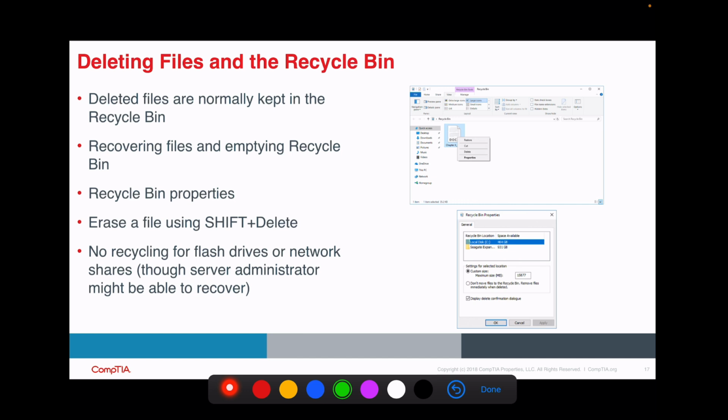And then from time to time, you can right click on that recycle bin and delete those files, or if you have an application like CCleaner, it can delete those files for you as well. If you do want to just permanently delete a file, let's say you accidentally created something and you don't need it to go to the recycle bin, you can actually hit Shift and Delete and it'll permanently delete that file. It's also worth noting that there are no recycle bins on flash drives or network shares,